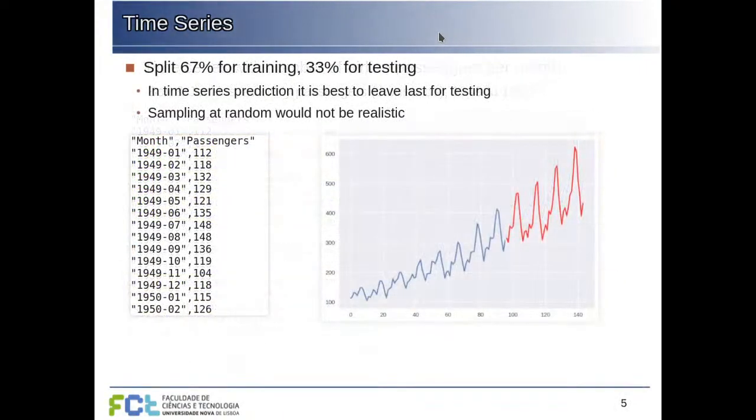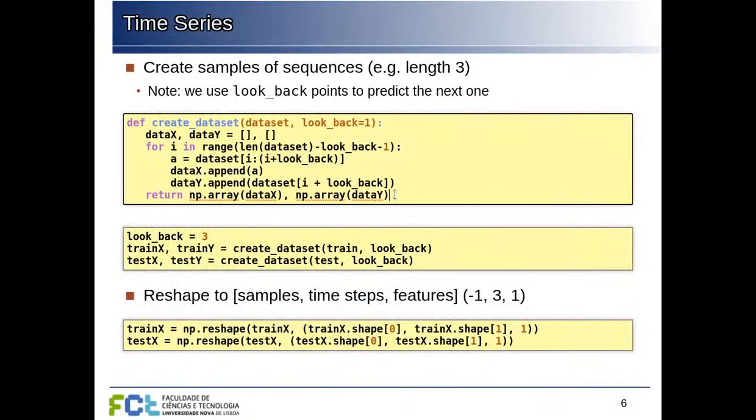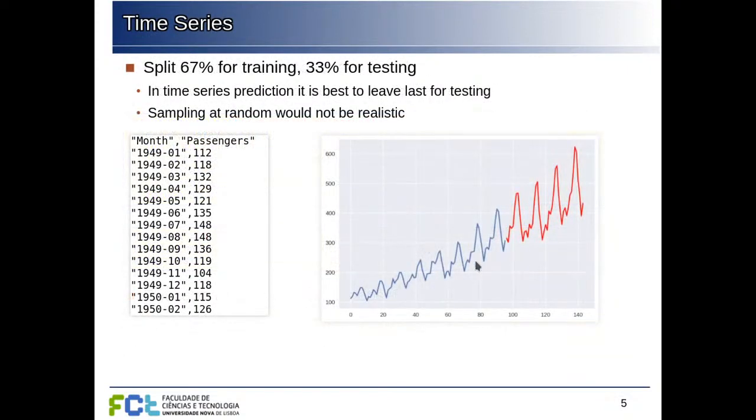Now, there is one detail that I left in the way the tutorial was. If you consult the tutorial online, you'll see it's done like this. But it may not be the best way of doing this, because note that when we are doing this, we take months 1 to 3, feed into the network, predict month 4, retain the network state, but then go back to months 2, 3, and 4 to predict month 5. And this is a bit confusing because we are going backwards in time without changing the network state. If the window is sufficiently small, maybe this is not very problematic,